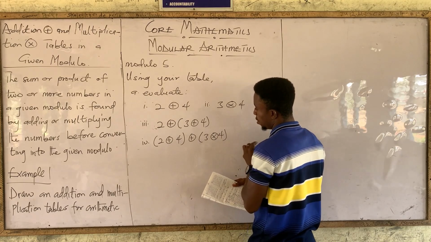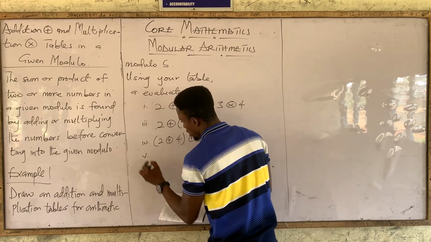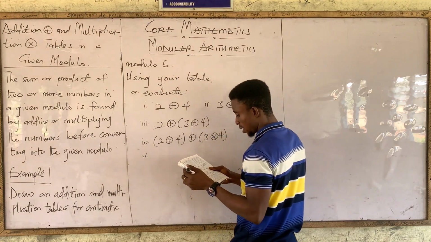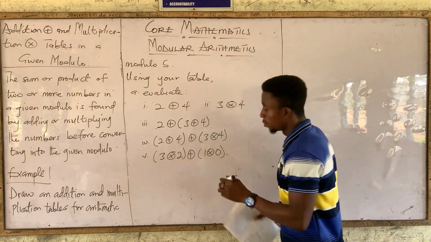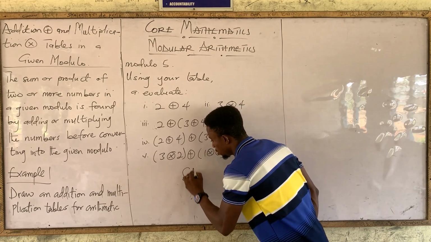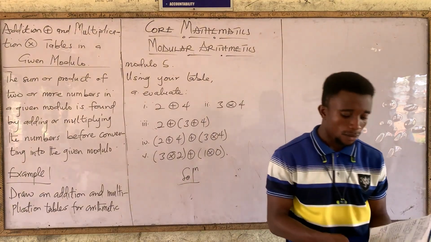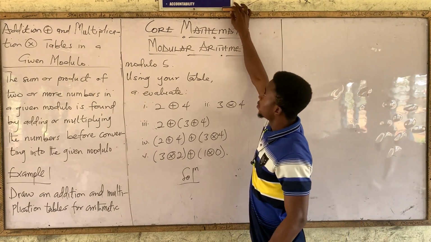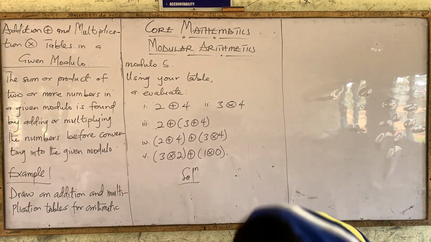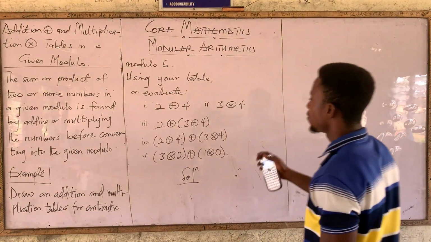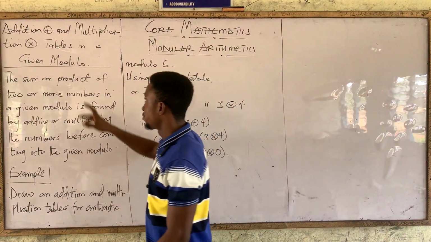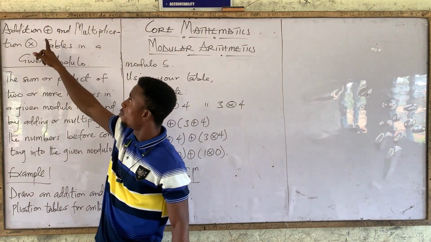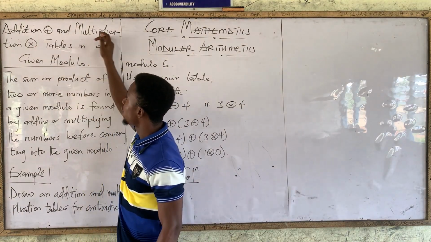Times 4. Then B, which is the last one. That is, so we put solution. Okay. So this is our first question, and in the addition, I put here this symbol, and that of multiplication, I